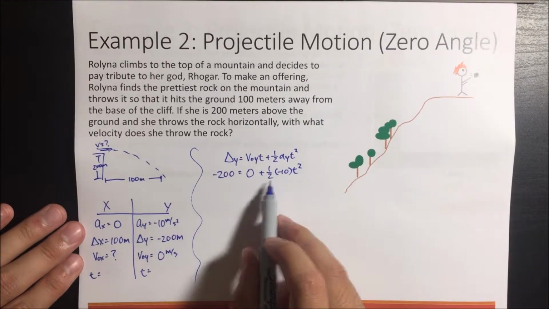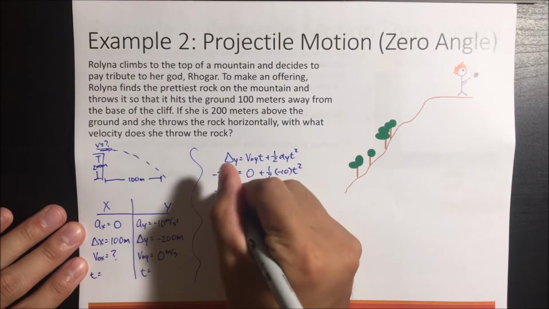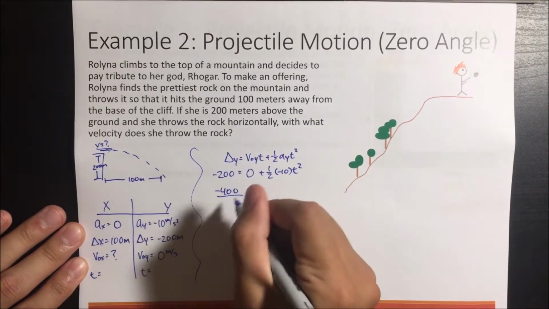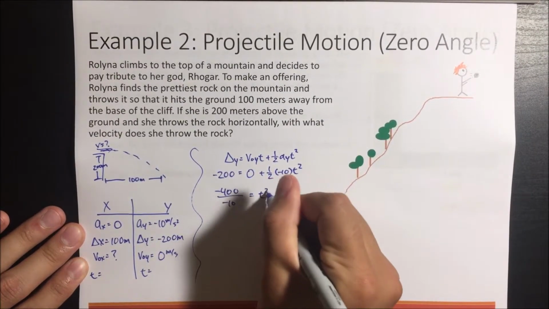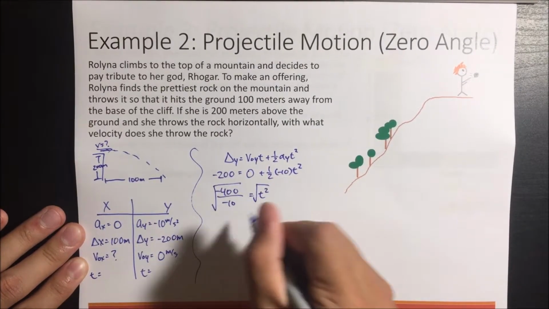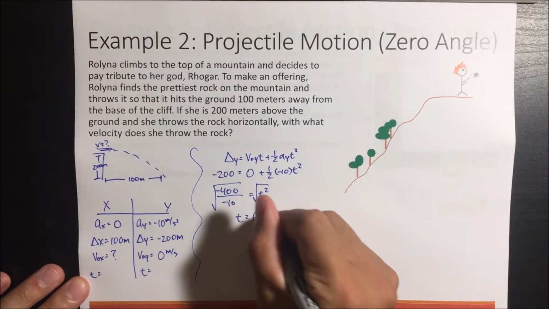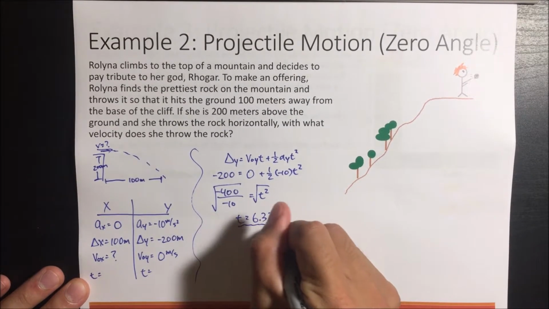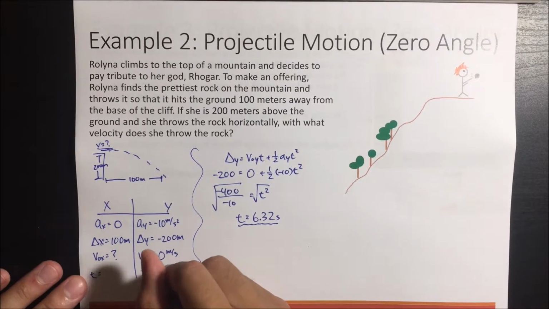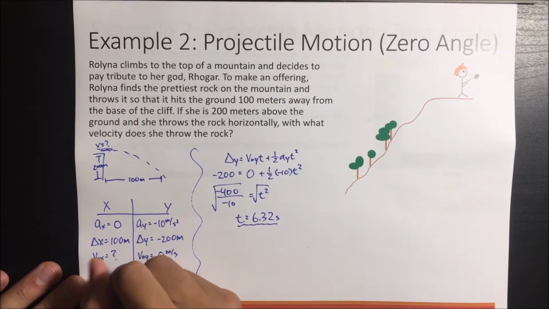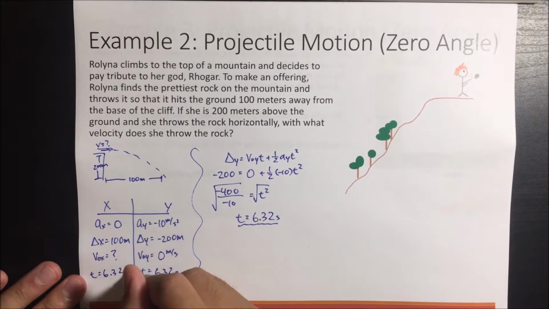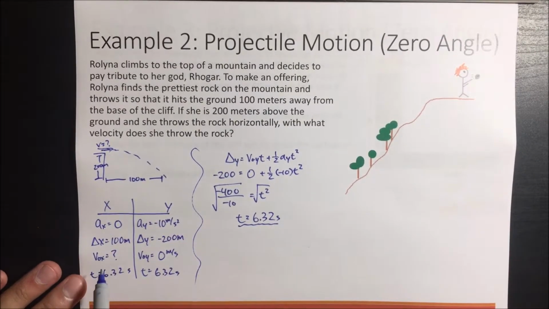Okay, do a little bit of math. Put this 2 over here, so it's going to be negative 400. And then it's going to be divided by negative 10 is equal to t squared. Square root both of these. And then we get 6.32 seconds. So this is 6.32 seconds. Now, what we have is 3 pieces of information here,